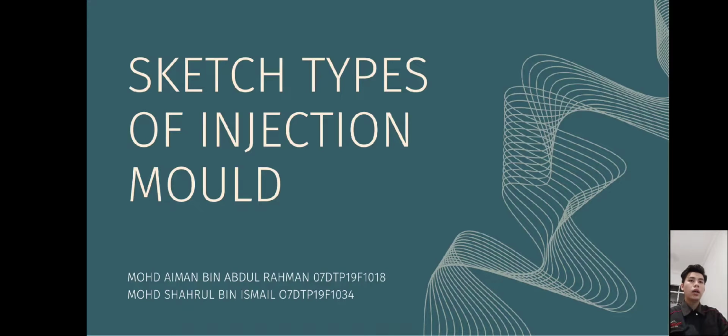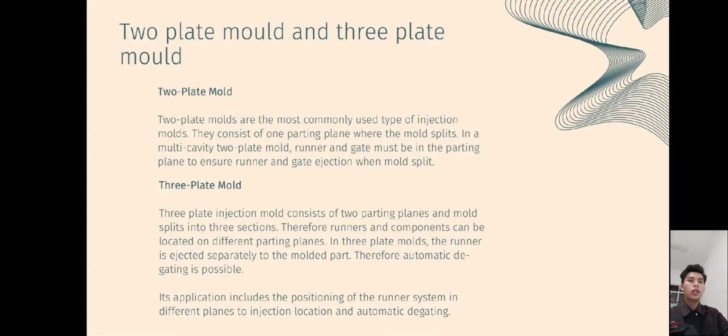Then I will explain about the types of injection mold: 2-plate mold and 3-plate mold. The first is the 2-plate mold. The 2-plate mold is the most commonly used type of injection mold. They consist of one parting plane where the mold splits. In a multi-cavity 2-plate mold, the runner and gate must be in the parting plane to ensure the runner and gate injection